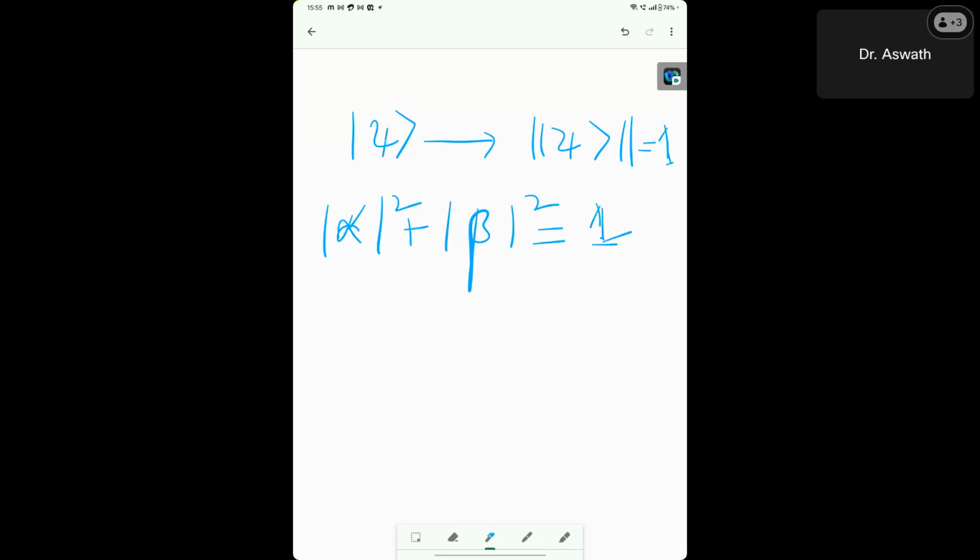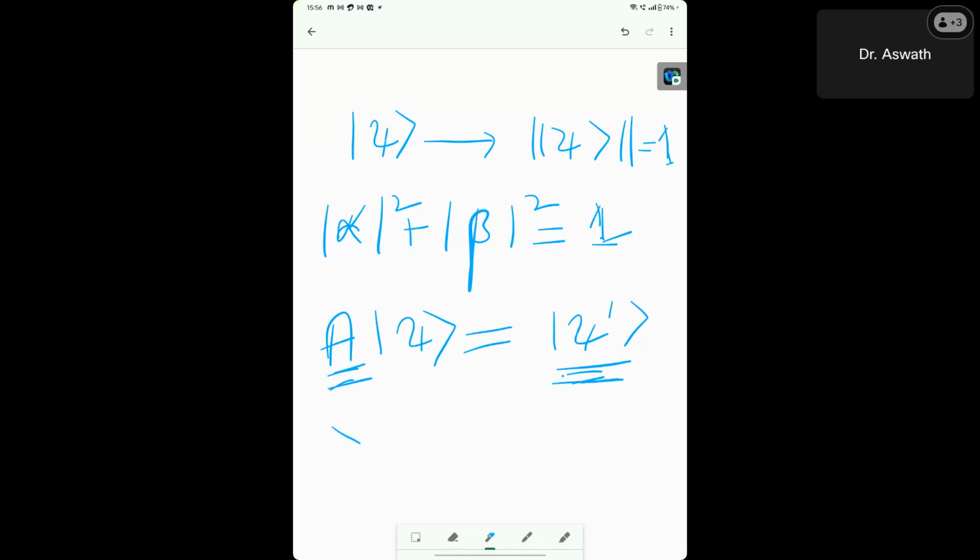So let's say there is some gate, gate A, which acts on quantum state psi and should give me some new state which also has to be quantum in nature. It should not be something else. It is conserved. If I take a quantum state and act a gate, it should give me another quantum state. Because of that, the nature of A has to satisfy some properties, that is the unitary property.